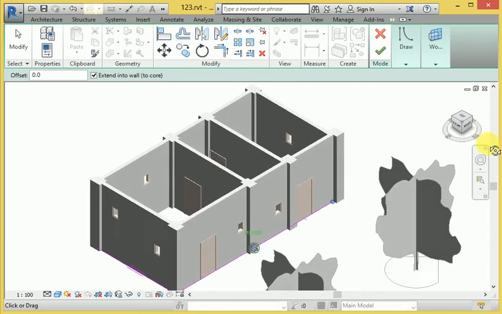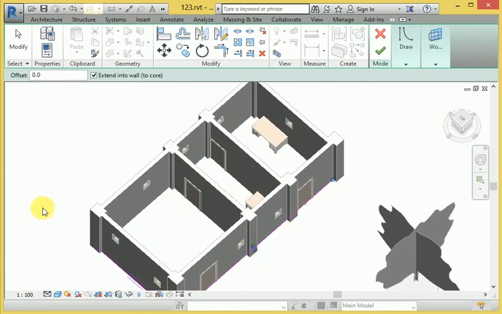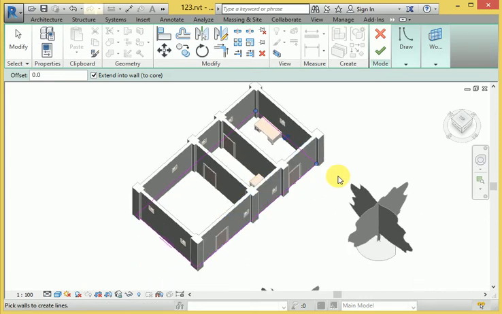Same thing again, if you change this position here, go in the downward direction, and again select this wall, and after that select this wall again. The selection has been completed.